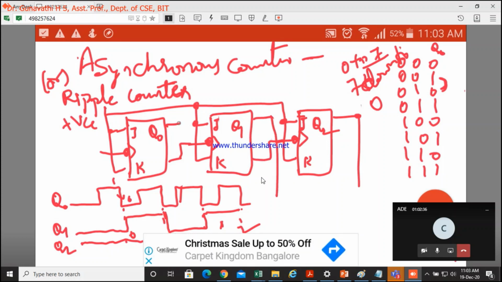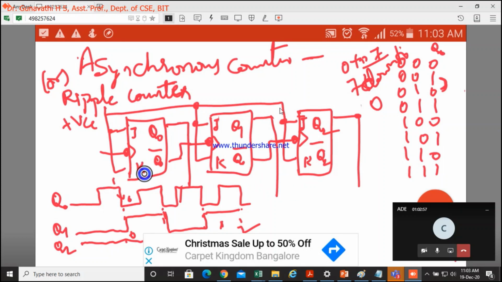We are extracting the output across these, so there is no change in output. Q0, Q1, Q2 is the output, but the clock you have changed: instead of Q0, you give Q0 bar as a clock for the next stage. So how will this work now?